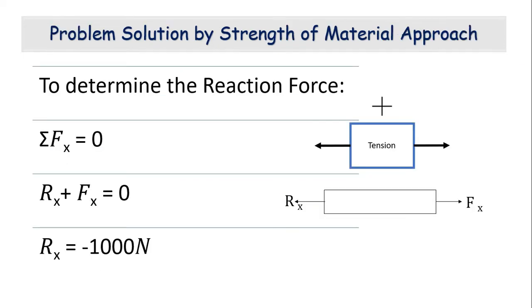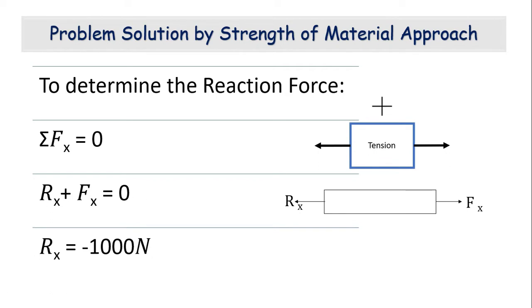Using the strength of material approach, now let us see how the reaction force in the bar is calculated. We all know that from the problem statement, the bar is subjected to a tensile load and it is given by the force Fx. In order to balance this tensile force Fx, there shall be a reaction force in the direction opposite to the force which is acting as shown in the figure. So considering the tensile force components to be positive and considering the summation of all the forces in the x direction to be 0, we have two forces in the x direction, the Rx which is the reaction force and Fx which is the tensile load acting on the bar.